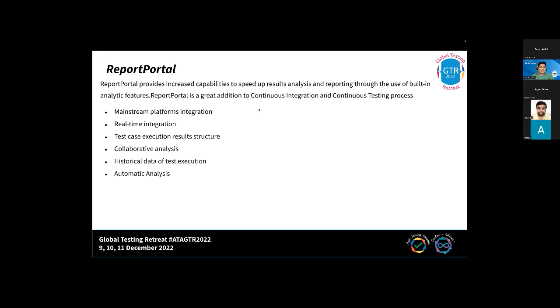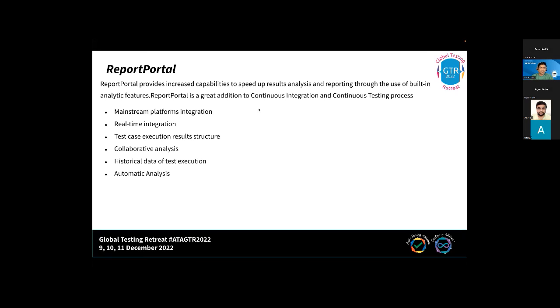Then you have an extensive structure where you can have a clear structure in Report Portal for your test case execution. We will see how we can easily debug and how we can structure our test cases.